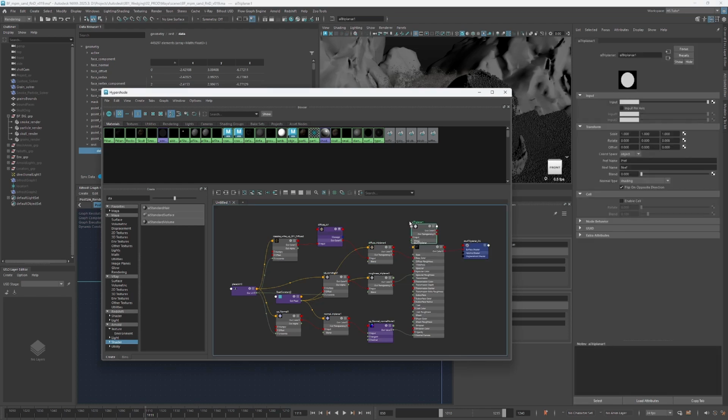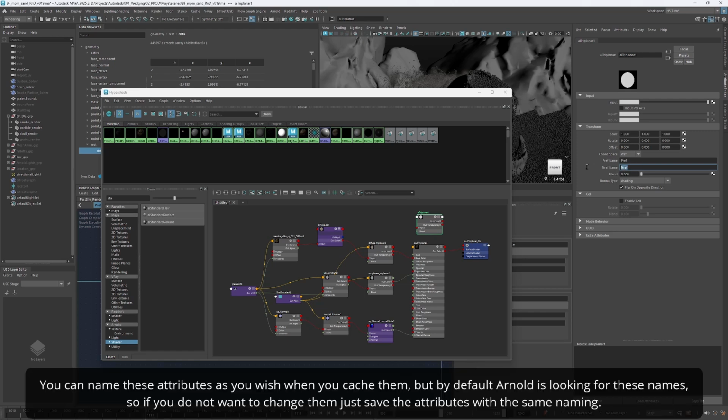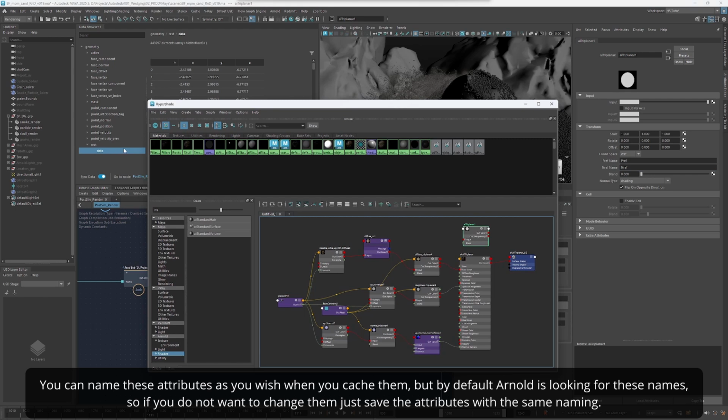I think so, object, but I changed this to pref, and when you change to pref, basically it's going to grab these two attributes, which is just the point position reference, and that is the name it's looking for by default, and this is the normal reference, and they should be as rest. And since I saved my pref as a rest attribute, I just changed this to rest in all of them,